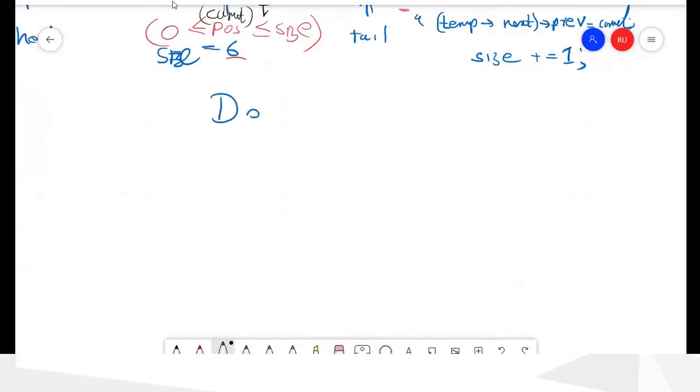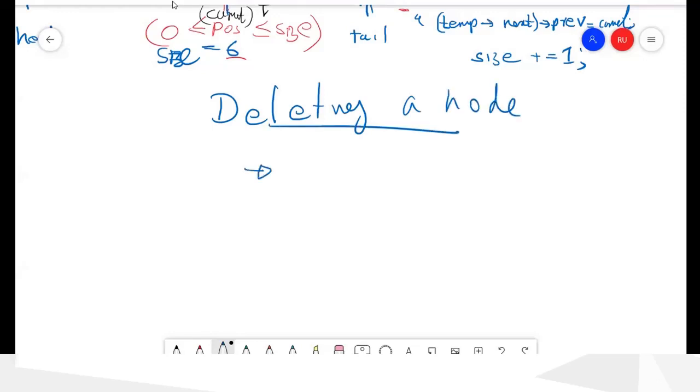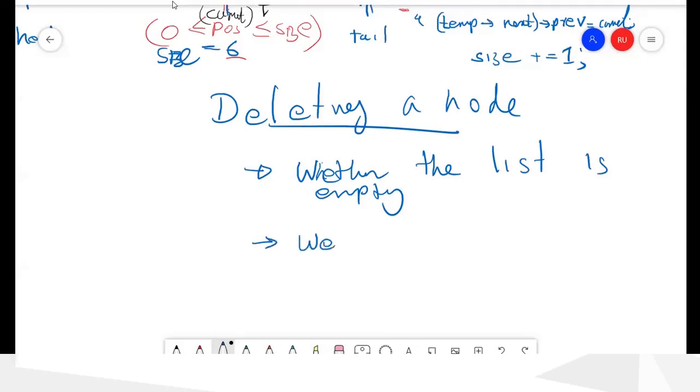So deleting a node. First, what we want to check is whether the list is empty, and then we can check whether the list has one element.